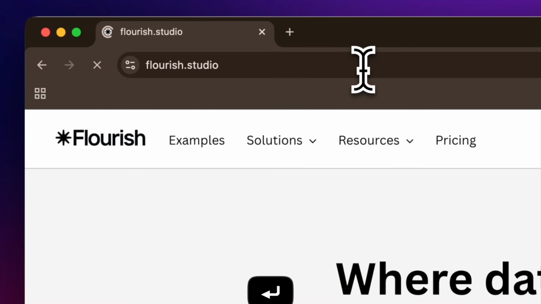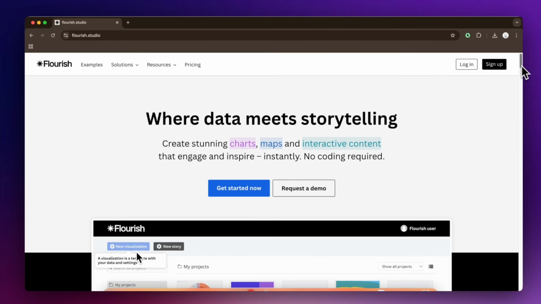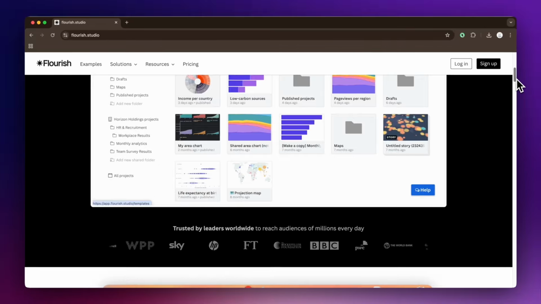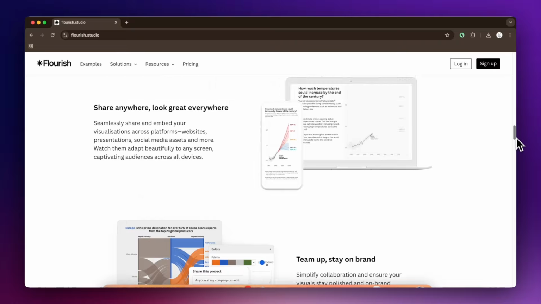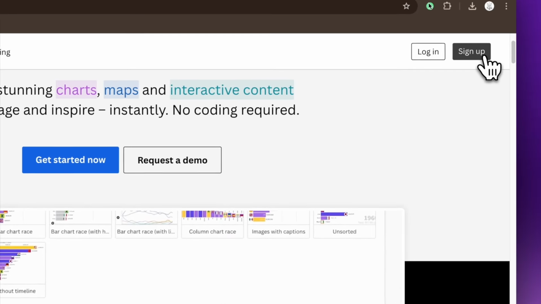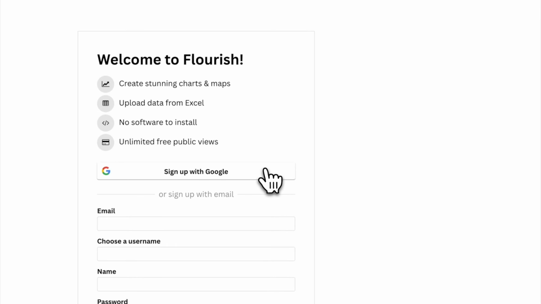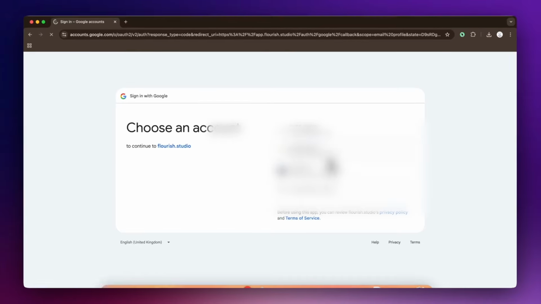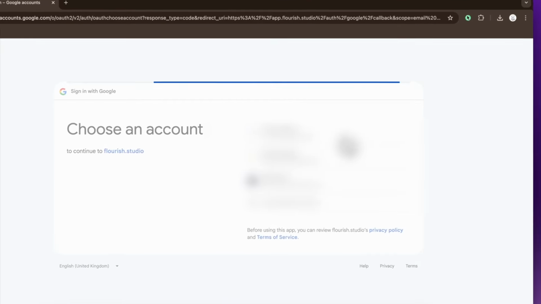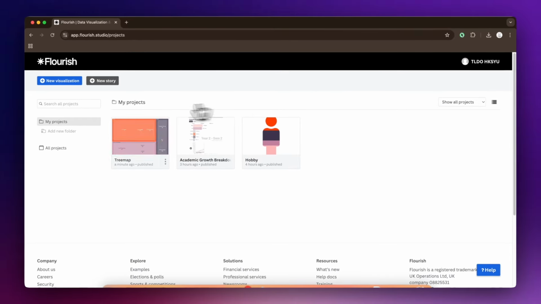The platform is web-based, meaning you don't need to download anything. You can see there are already tons of introduction and chart templates that are ready to use. Sign up for a free account if you don't have one. Use Sign Up with Google to save time. You'll auto-log in instantly every visit, no password hassle. Once you're logged in, you'll land on your dashboard where all your future projects will be stored. For new users, the page will be empty since no projects have been created yet.